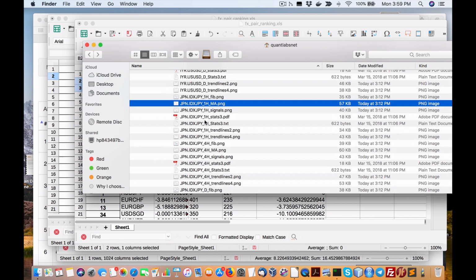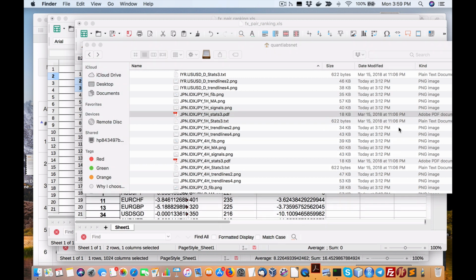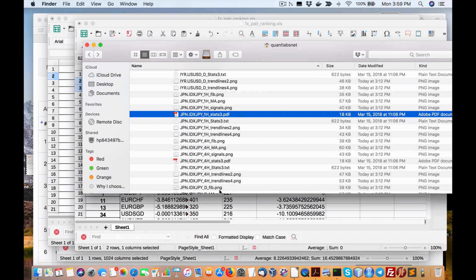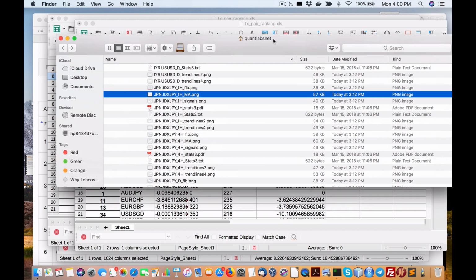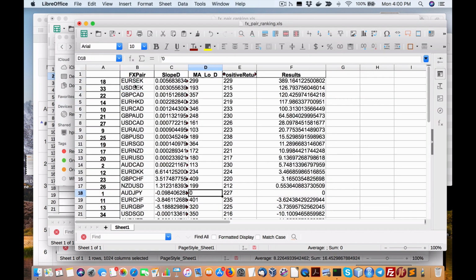So let me just see the stats on that. Let's just see what this means. Again, there's not much to tell from these stats here. Okay, but on the short term, it is definitely a shorting opportunity. And if I have better patterns, I would definitely use them. Okay, our next index we want to look at is the